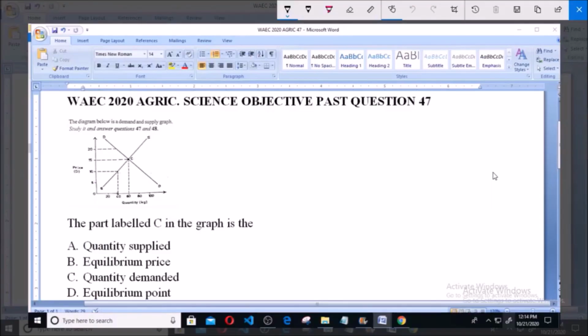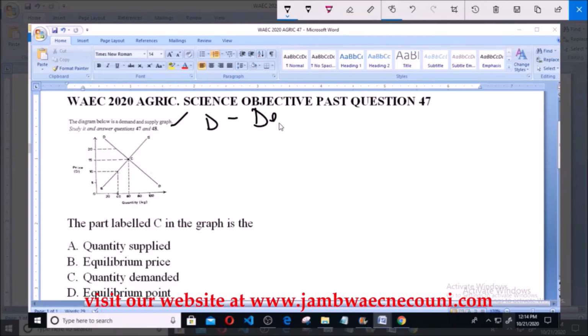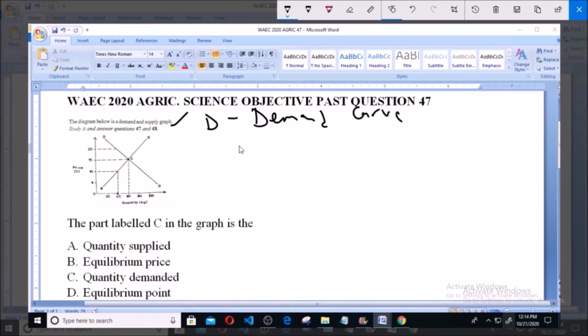Hello and welcome. I will be answering WAEC 2020 Agric Science Objective Past Question 47. So you have a diagram here showing a demand and supply graph. Okay, so the part labeled C in the graph is the A, quantity supplied, B, equilibrium price, C, quantity demanded, D, equilibrium point. So you have 2 lines here in the graph. So the line labeled D is the demand curve. The one labeled S is the supply curve,